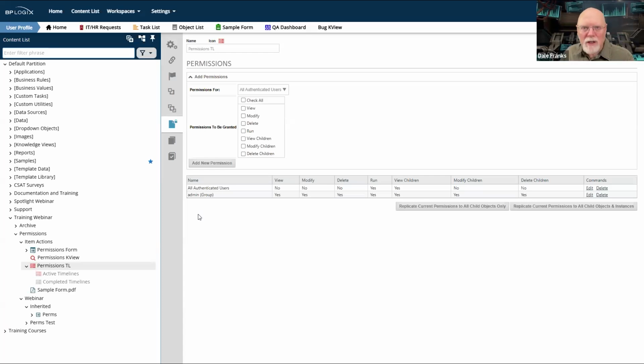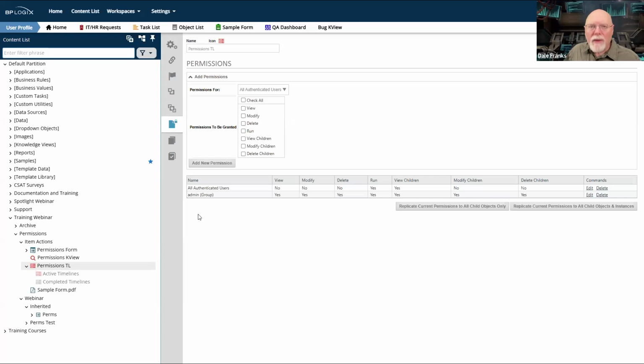If I set permissions by groups, then if the user moves to a new job, I just take him out of one group and put him in the group for his new job as he's moved around in the organization, and everything just works because I'll check the group membership anytime I need to run permissions, like when an object is opened or selected to be viewed by a viewer. I check permissions right then and there, and if they're in the right group, then they get to see it. So managing by groups is just going to make your life a lot easier.